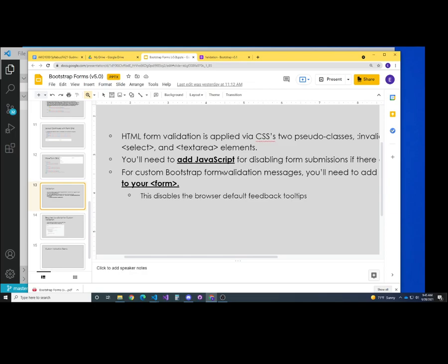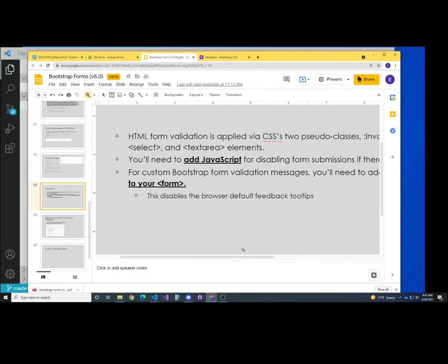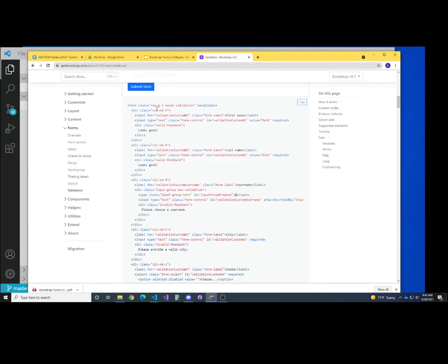It says for custom Bootstrap form validation, you'll need to add the novalidate Boolean attribute to your form. That looks just like this, right here, novalidate. Also, the class of needs-validation on your form. So those are the two things that you're going to add to your form tag: a class of needs-validation and the novalidate